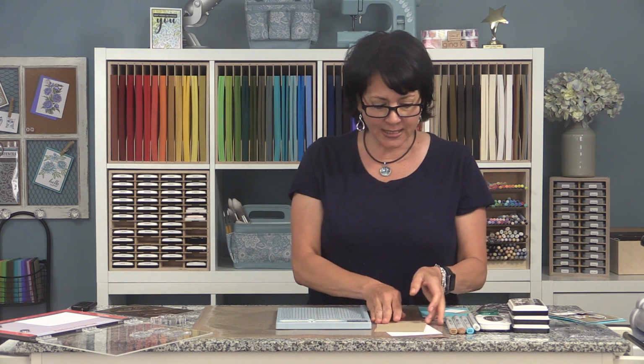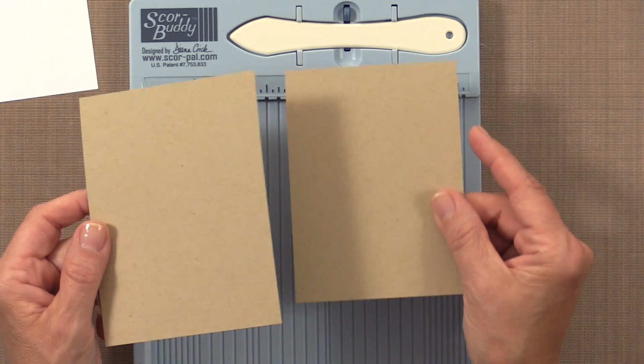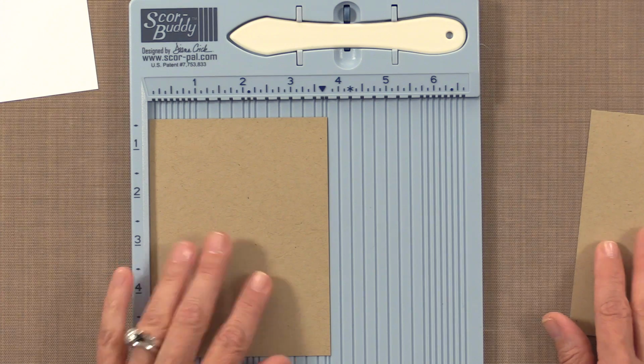So, to begin, I'm going to start with some Kraft cardstock. Now, I usually use white cardstock for wood graining, but the Kraft cardstock looks really nice too, and so I'm going to be using that today. So I have 2 pieces here. This piece I'm not going to texturize. This is a little bit smaller, and this is the bigger one that I am going to create some score